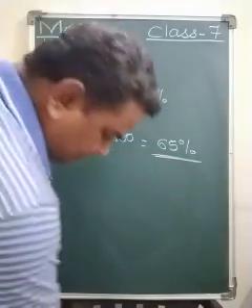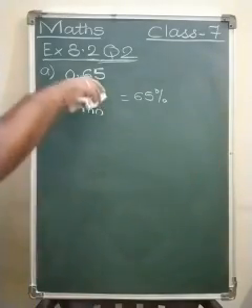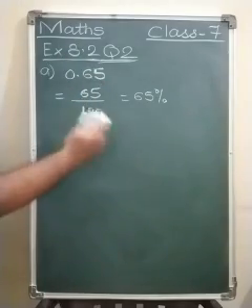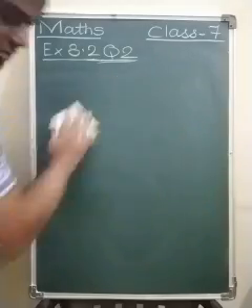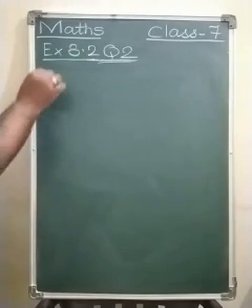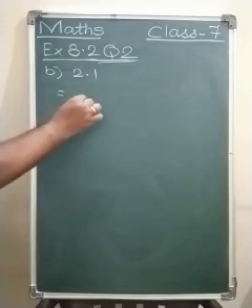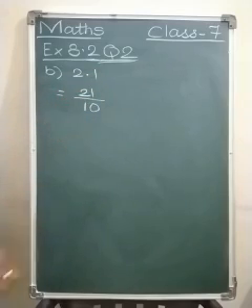Simple. Question number 2. It is also simple. If after decimal 2 places are there, quite simple to answer. If only 1 place is there, 3 places there, let us see what is to be done. So question number 2, only 1 place is there, B, 2.1. So after decimal 1 place, so it would be 10, the number would be written as it is, 21